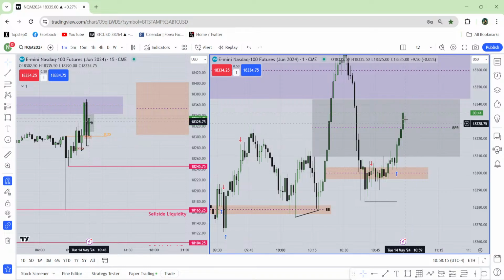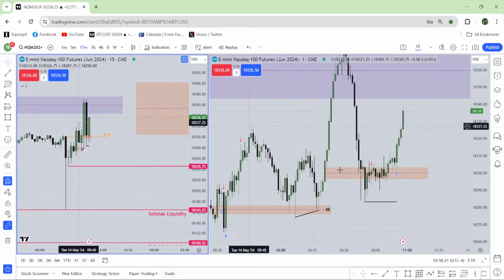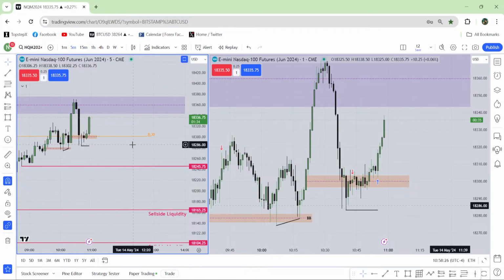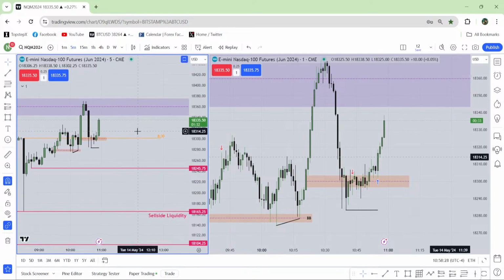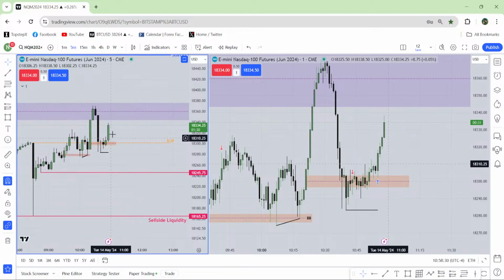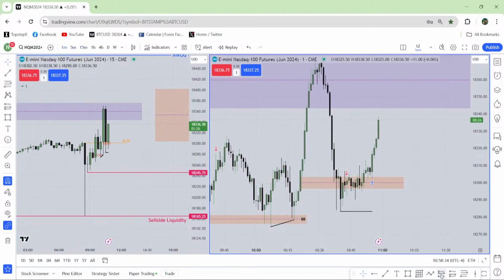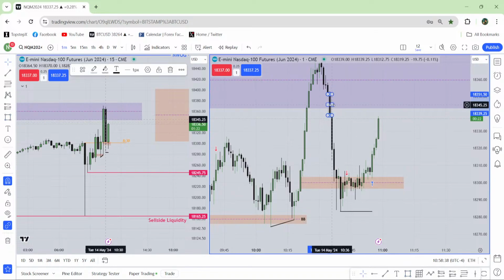The market is going higher. Let's see how far it can go. I'm gonna remove this BPR. I marked it from the 5 minute chart. Seems like it was not working. Yeah, from the 5 minute chart. That's why I don't like the 5 minute chart. It doesn't give me the precision. Most of the time it puts me in a losing trade.